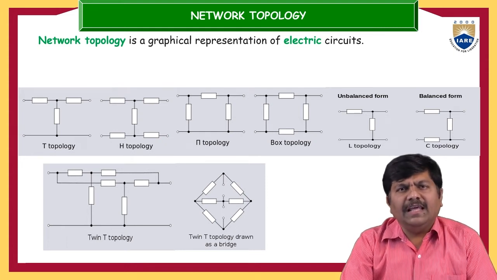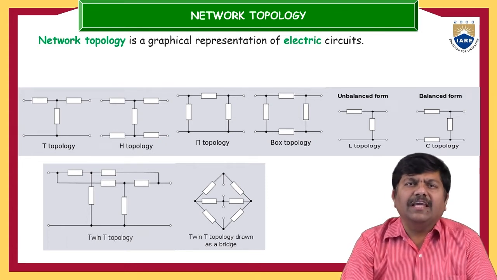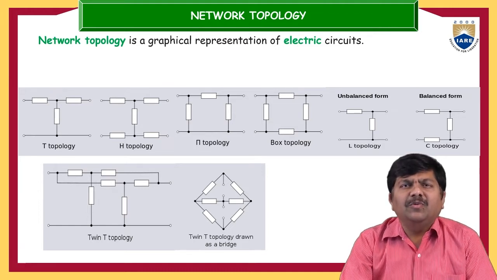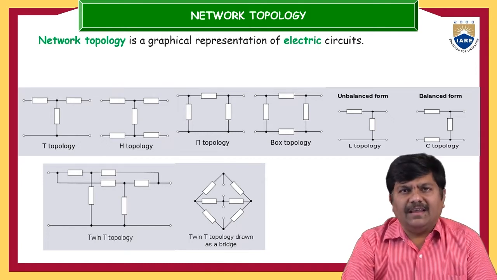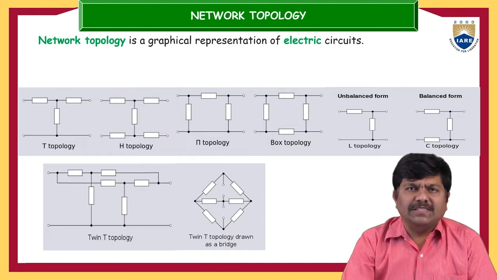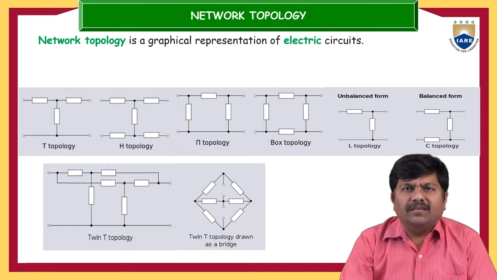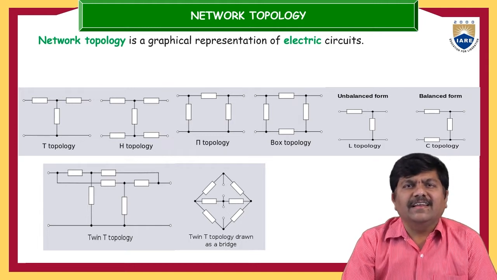Suppose in electrical circuits we have various passive elements. You need not represent the passive elements as they are. In place of a passive element, you can represent it by a solid line. Once a line is represented on behalf of any passive element, exactly we don't know what type of element that was, whether it is resistance or inductance or capacitance. So the way of replacing the passive elements and active elements with associated branches is nothing but topology.